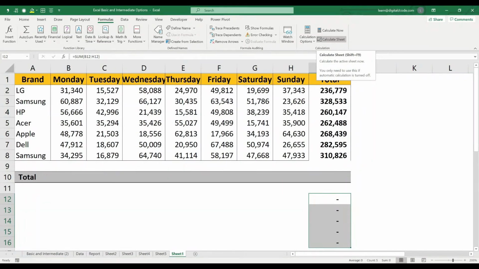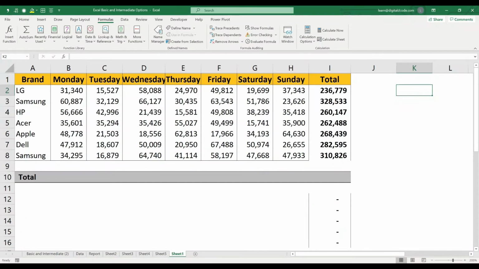Where we use the whole workbook again depends on the volume of the data. Assume you have n number of sheets, and all the sheets contain a huge volume of data. In that case, you updated something in the sheet in which you work. Instead of doing the calculation for the entire workbook, you can calculate only that particular sheet, so that sheet alone gets calculated. For that you have to press Shift F9, or you can say Calculate Sheet.